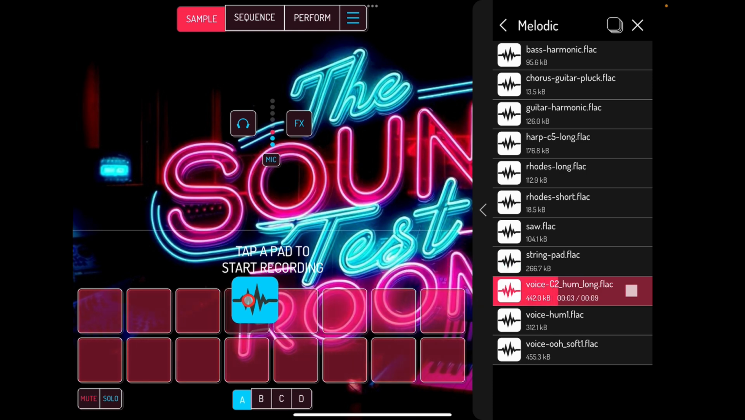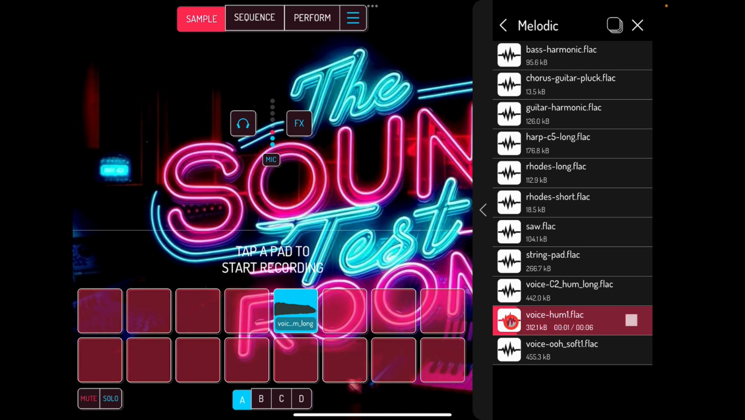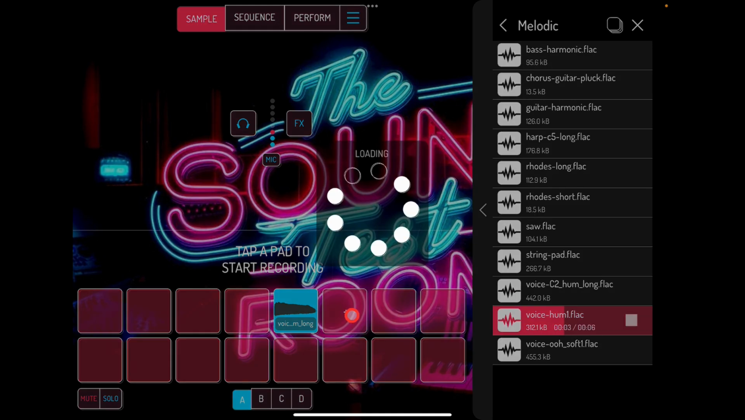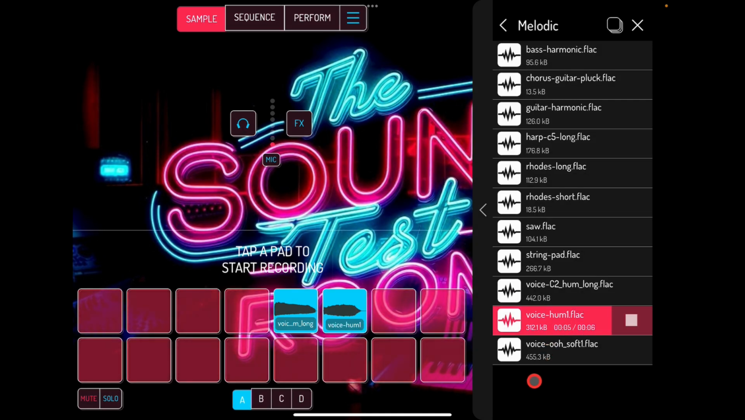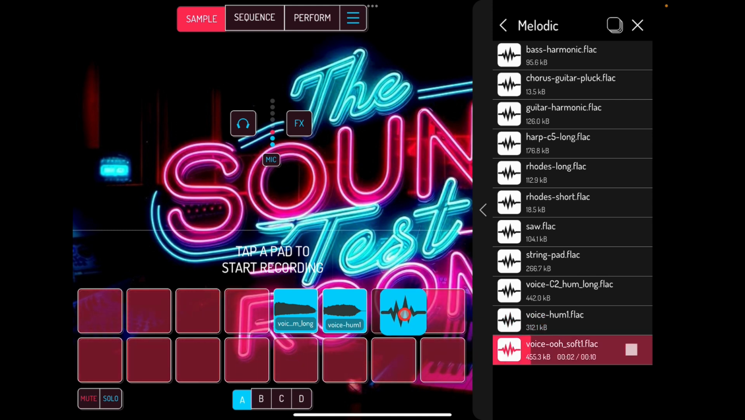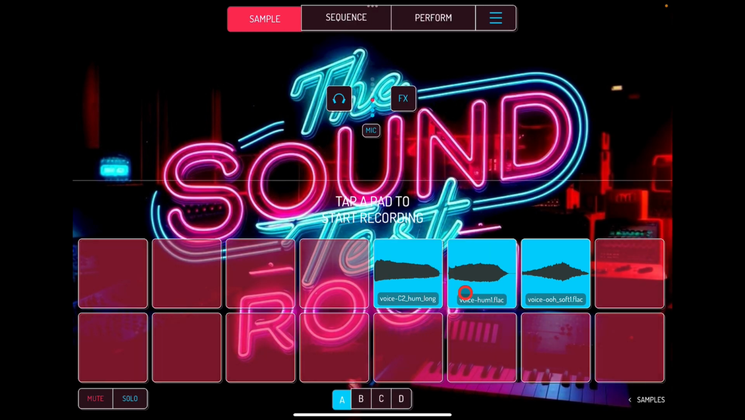So I'm just going to take this sample, stick it on that pad. I'm going to take this hum sample, stick it on a pad. And yeah, we'll take that as well and stick that on a pad. Right. Nice. Let's just close that. So we have these three